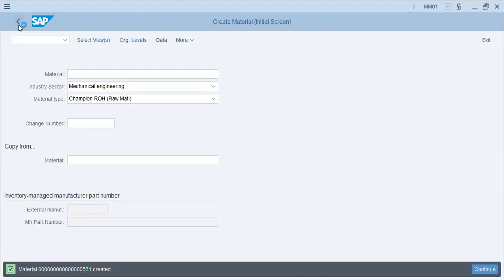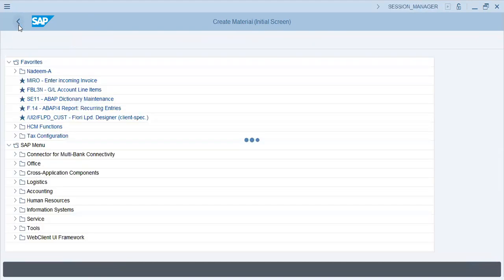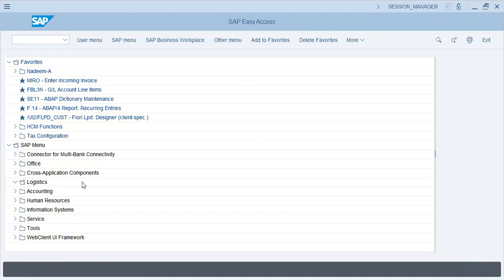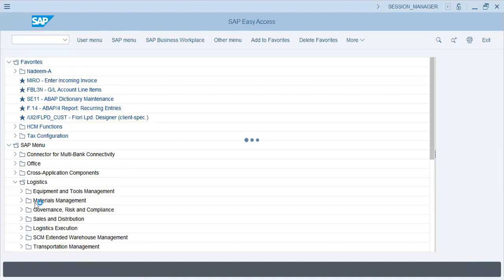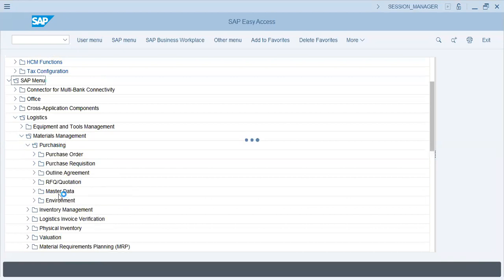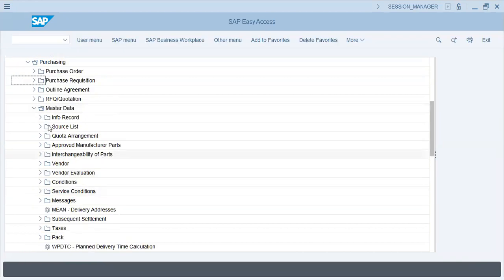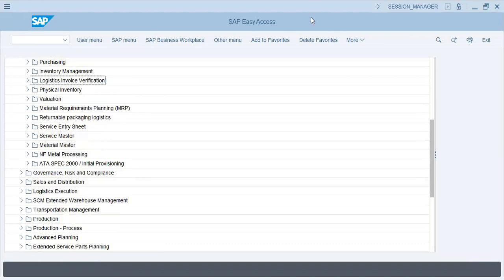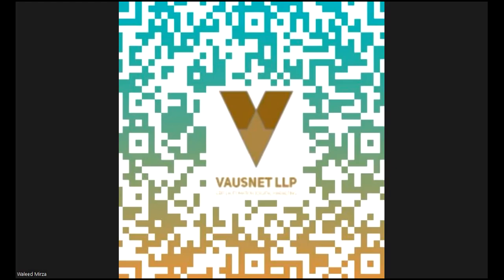Next step will be, of course, in purchasing. We'll start with source listing info record. In the next lecture, we'll have to make a vendor also, and we'll go through the vendor master data as well. Okay. So we are done with the material